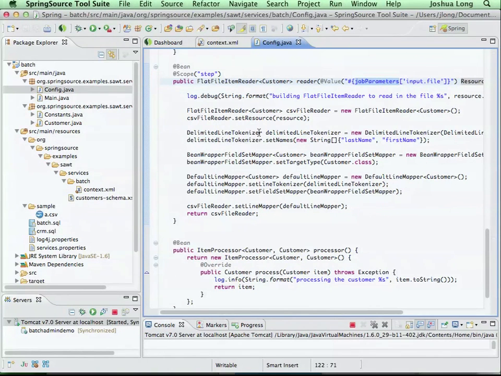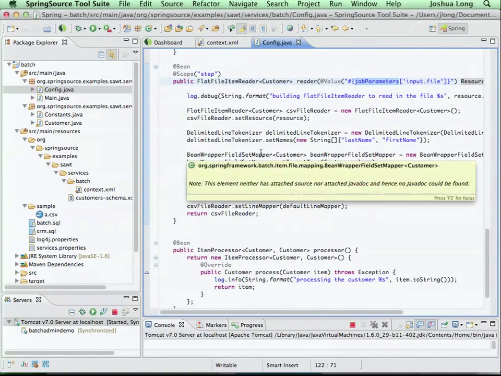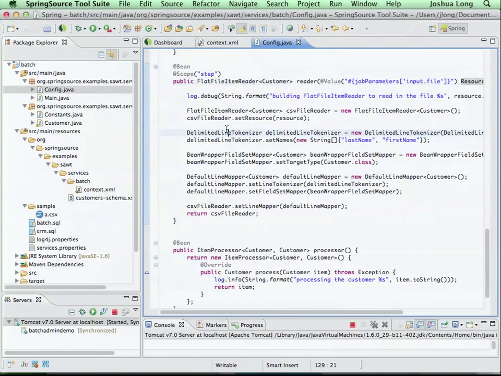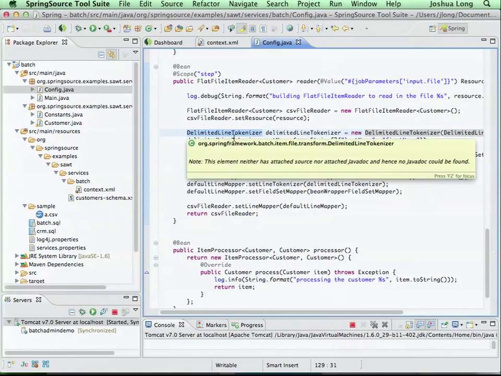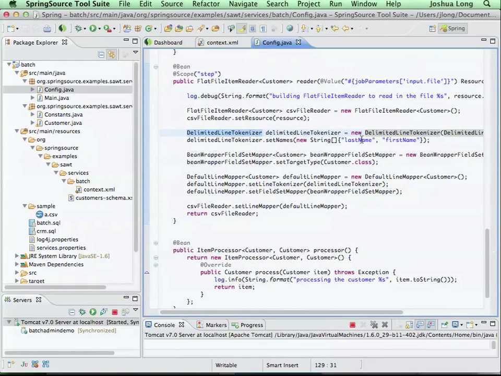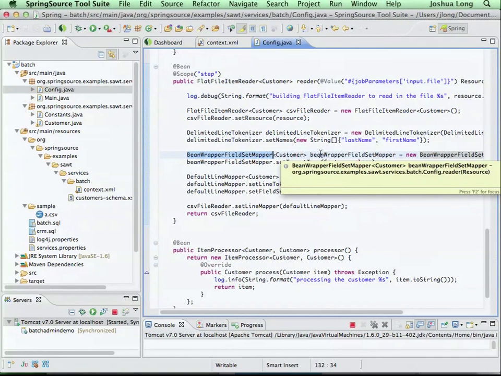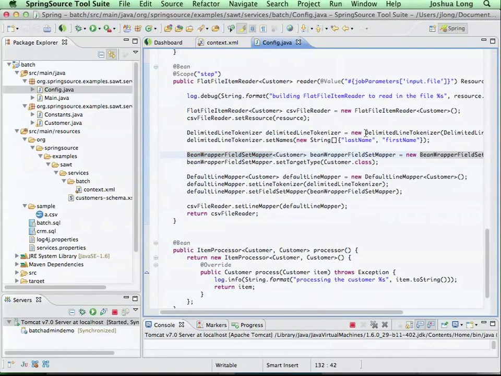And then I'm actually constructing the whole flat file input reader, or item reader rather. I can specify how to tokenize the lines in the file itself. I can actually tell it the columns in the CSV file. I can tell it to convert the columns into Java objects using just regular kind of reflection. So the column called last name gets converted into a last name field on an object.